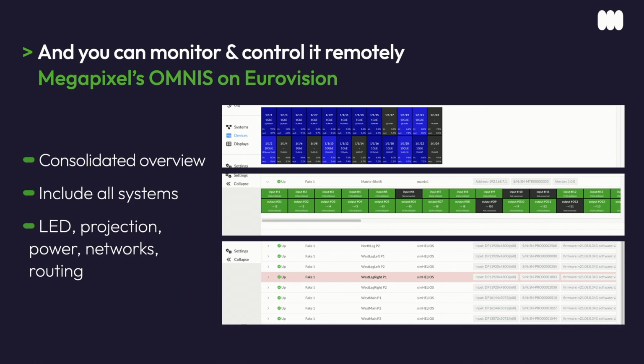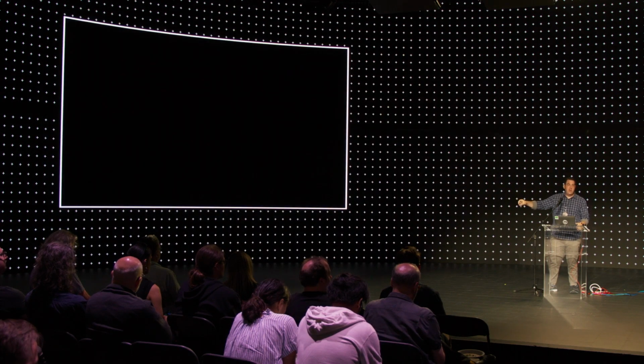What we see as the benefit here is, of course, when you're on site in a production environment like this, there's going to be an LED technician on staff. There's going to be a lighting technician on staff. Their job is to actively ensure that these things are running. But what happens when you want to leave, when the carpenter leaves, right? You want to know that in the morning when the show turns on, all of the pixels are going to light up. Does it make sense to have to come in at 5 a.m. for ESU when the screen doesn't need to be operating until 8 a.m.? Why can't you have a system like this and log in from the hotel when you wake up?